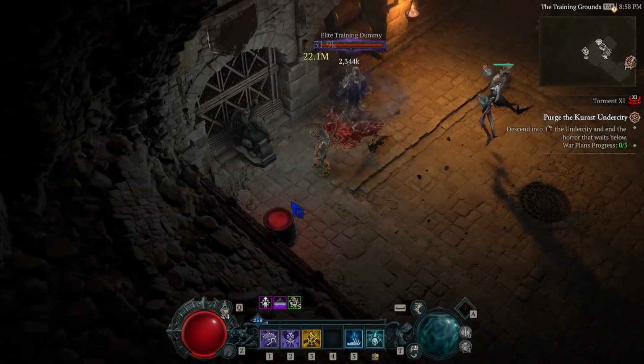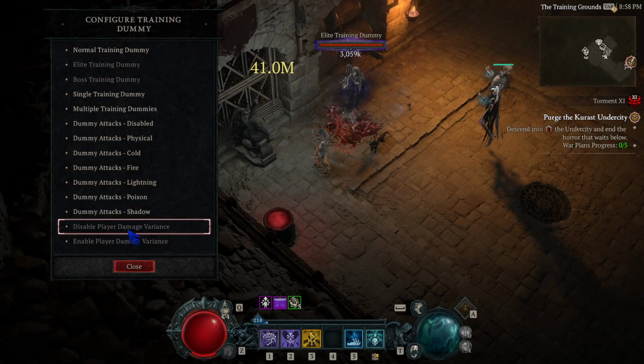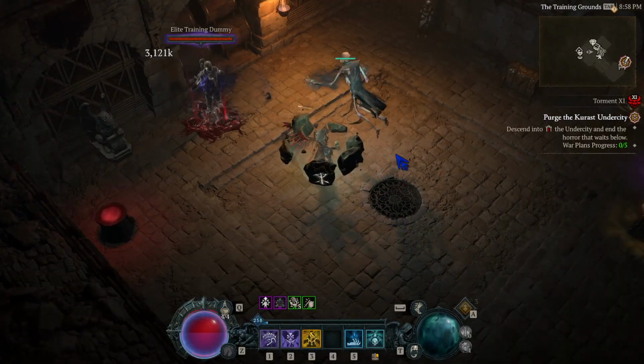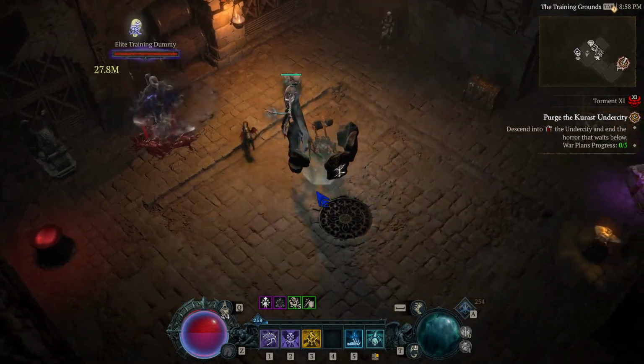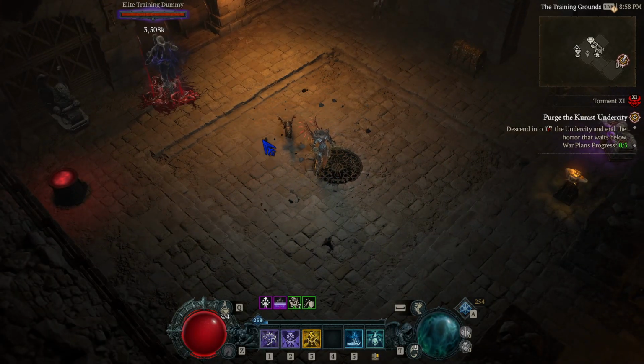If we enable damage variance, disable. Yeah, that's the thing. Probably I'll just figure it out once I have the chance. But right now,